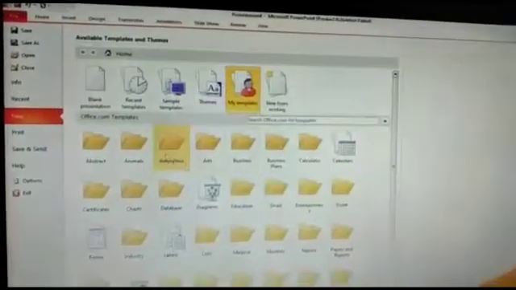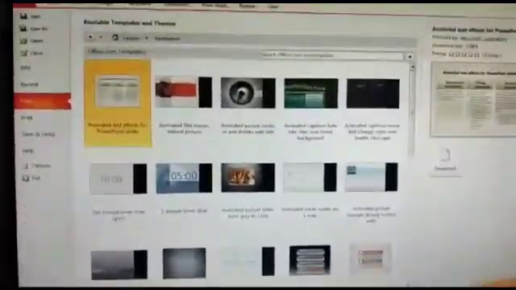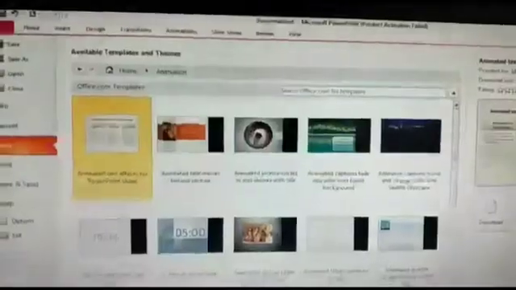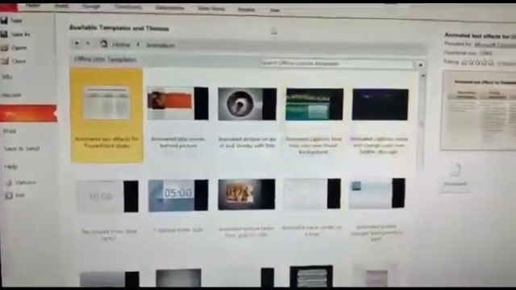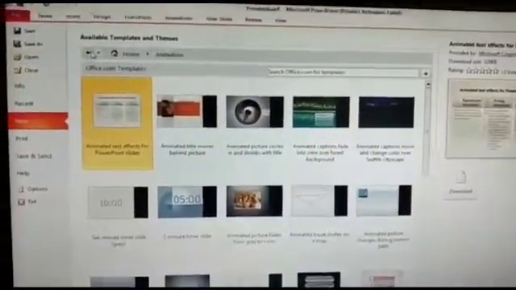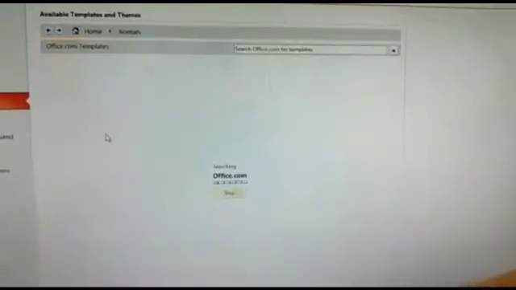This I'll cancel. Suppose I'll be taking the animation, or you can take any other template, like I'll be taking the animals.